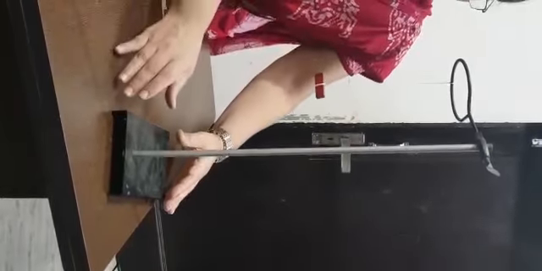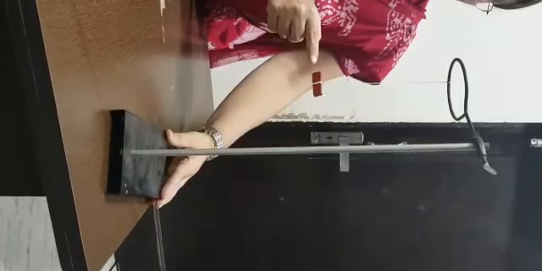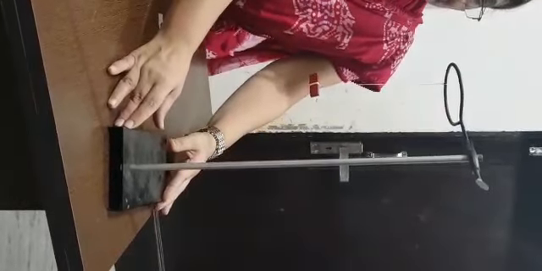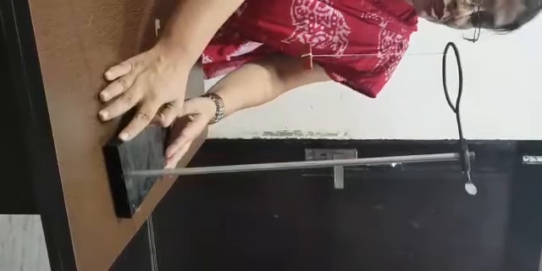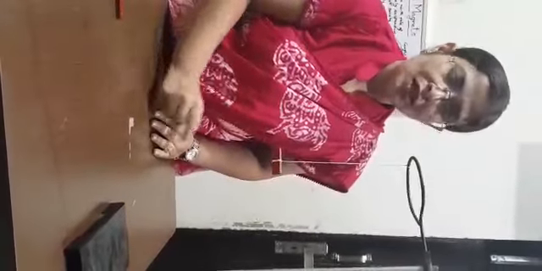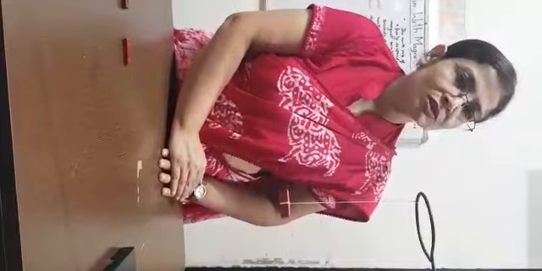If I just move this stand, observe it very carefully, keep an eye on this bar magnet. See, when I am moving this stand, you can see that the magnet holds its position. It is still pointing in the north-south direction, as you can see. It has not changed its direction. So this shows that a freely suspended magnet always points in the north-south direction.